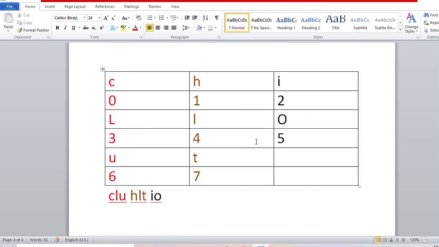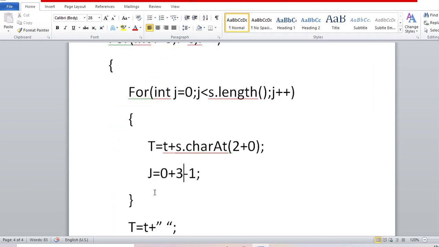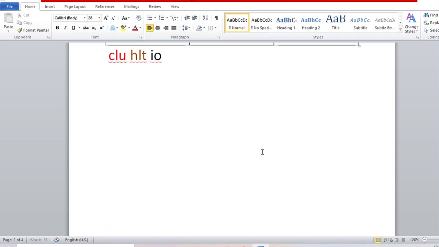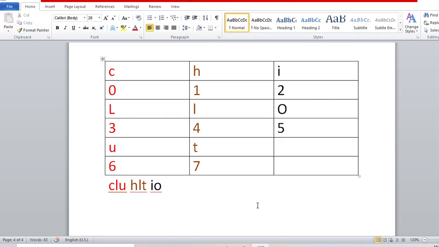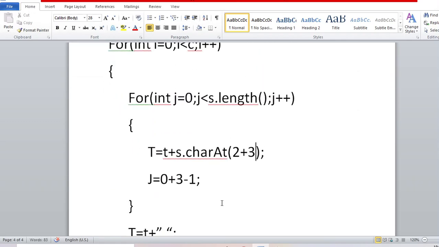It will print I. Then it is having 2, 3, this is 5. So it will print this O. Now this j value will be 5, 6. And 6 is still in between the length. But when it is i plus j, it will be 8.